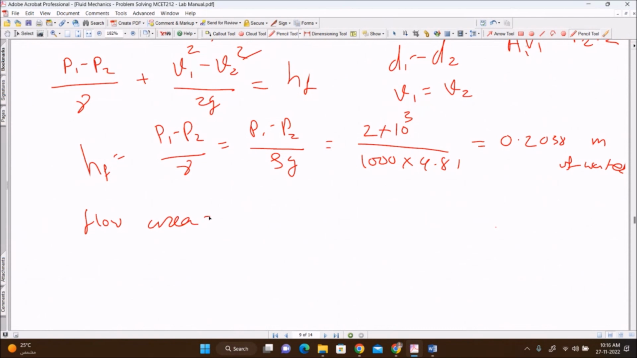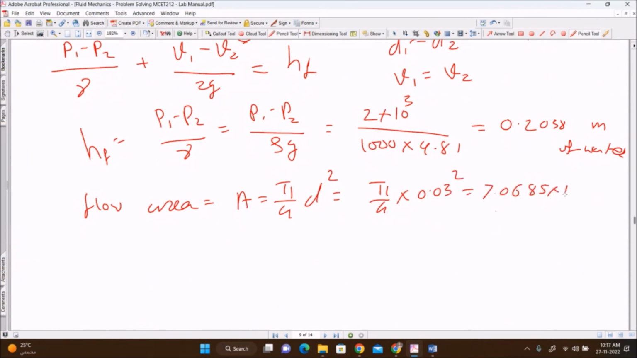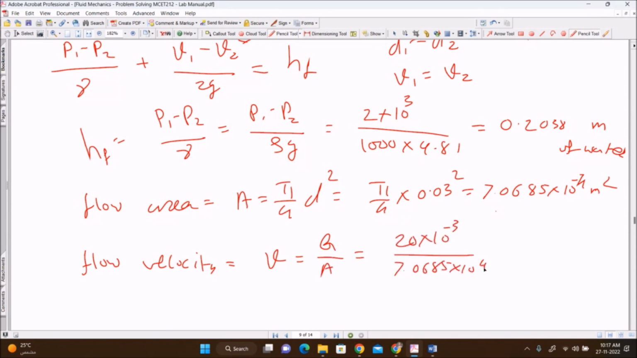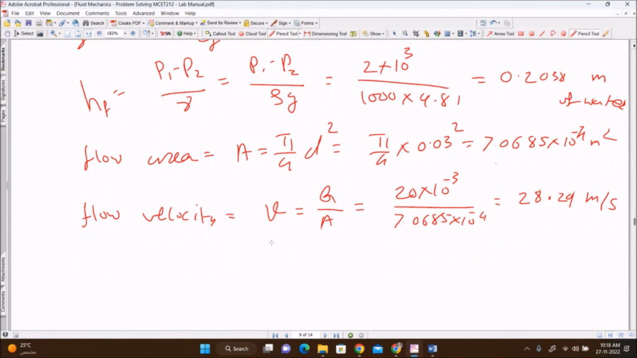Area A is equal to pi by 4 d square. Velocity V is equal to Q by A, which gives 28.29 meter per second. If it is asked to find the K factor for the gate wall, the head loss due to friction is equal to K V square by 2G. So this gives K is equal to HF